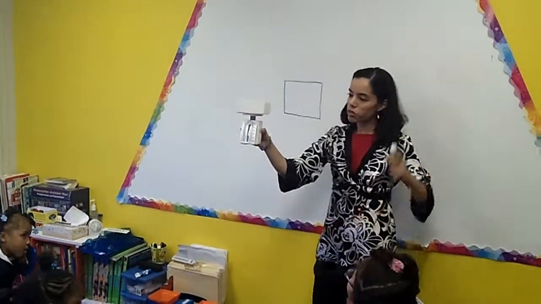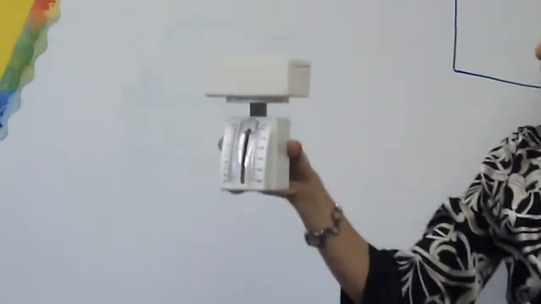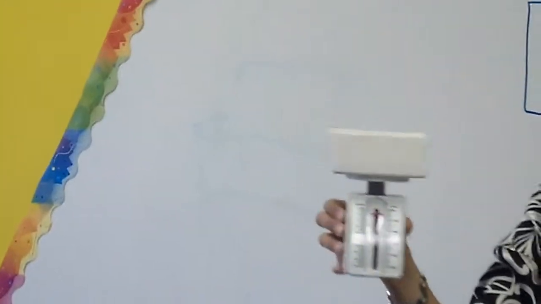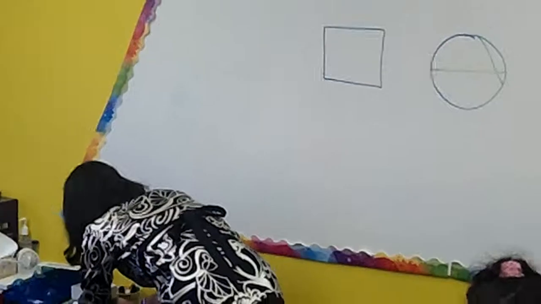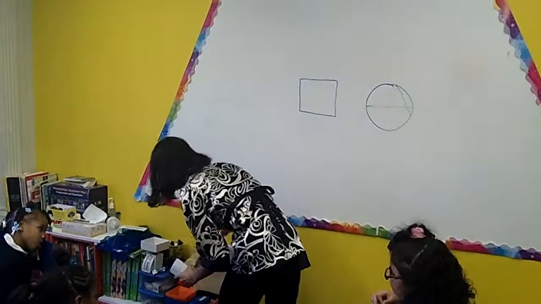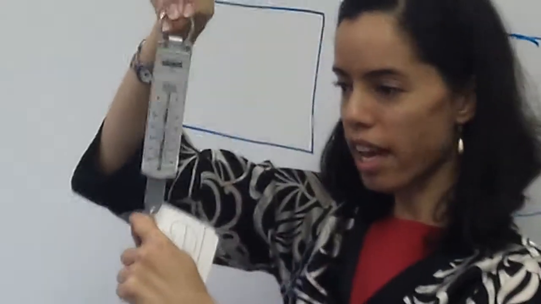Now let's look at this scale. What units of measurement would I use with this? Raise your hand. Yes, Hannah? Grams. I can use grams. And there's something else I can use. Nicholas? Ounces. Very good. We know that those are very light. How about the scale? So like that. Carrera? Spring scale. You're very close. A spring scale. It's got a spring in the back. How about